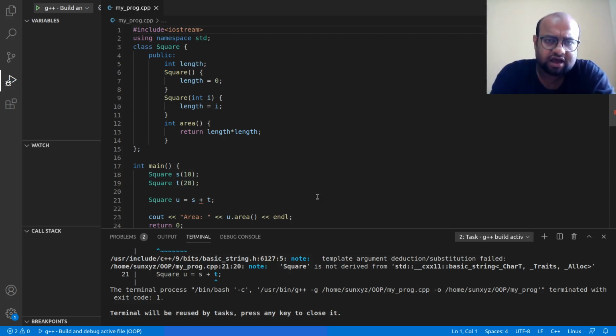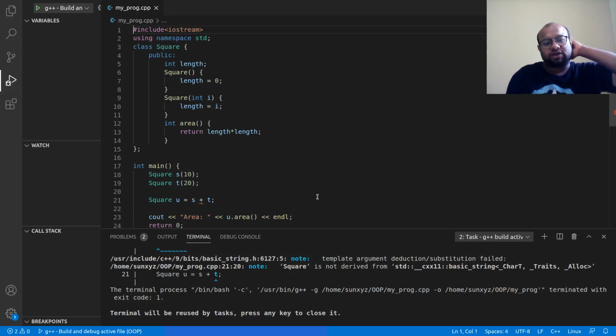I am trying to add two objects of class square. So it is not defined for how to add squares, right? So it is not there in my C++. Now what do I have to do? I still want to add these two objects, right? So what do I have to do? I have to redefine this meaning of plus, so that when I use this plus operator with objects of type square, it should have some other meaning. Right now it does not have a meaning, and so when I try to execute it, I get an error.